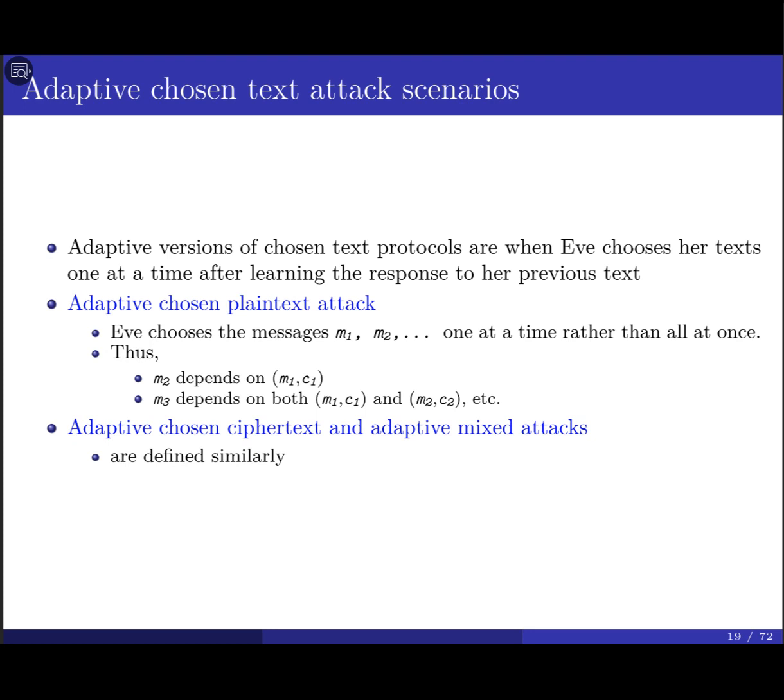The other version of the attack scenarios covered here we call the adaptive chosen plaintext attack. It's similar to the chosen plaintext attack, but in this case it's different. I'm going to say adaptive. That means I'm not going to choose the messages M1 up to MR all at once. No, I'm going to do this one at a time. I'm still able to choose from M1 up to MR, but I do it one at a time. I create a message, for example, transfer $1,000 to a user, then send it to the server. Then I'm going to get C1.